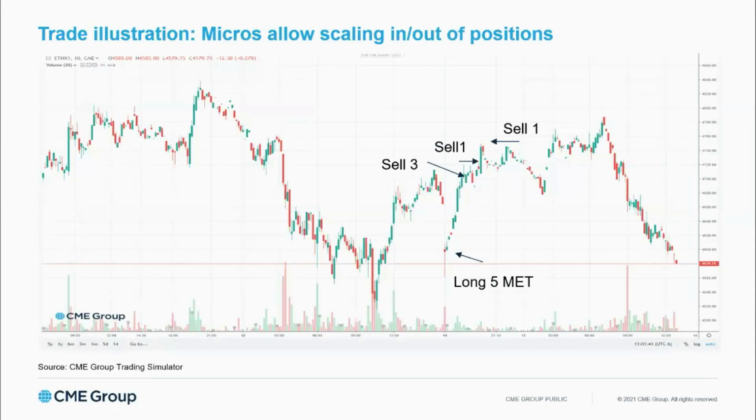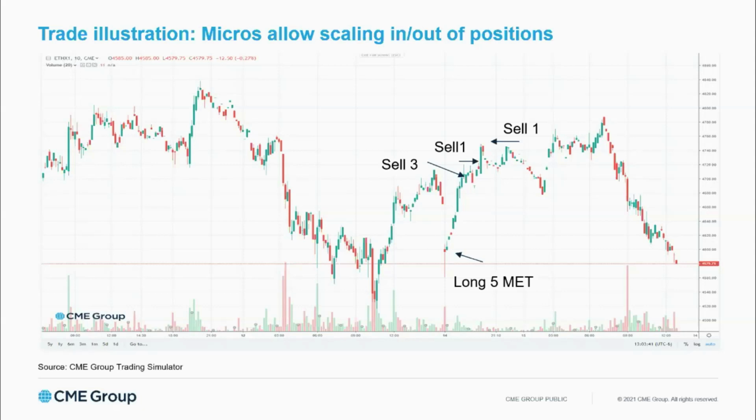When you take a look at what micros in general are affording the active individual trading community, it's the ability to scale. We've seen this time and again with all the micros that we've launched. Somebody that may have been a 1 or 2 lot mini trader is going into micros, and these smaller contracts are allowing them to trade 2, 3, 5, sometimes maybe 10 contracts at a time, and they're allowing them to scale in and out of positions. So that's another piece of feedback that we've gotten from our brokerage partners: scaling is a really big lure for traders to come into our micro complex.